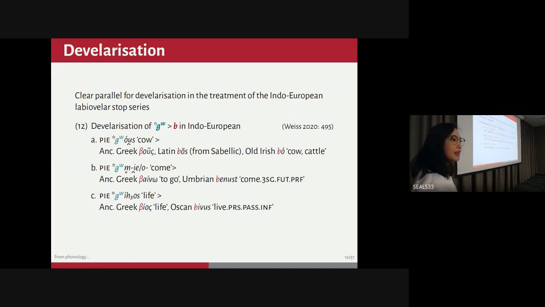So the Proto-Indo-European labiovelar stop series in Gua, we know that in a bunch of Centum languages actually became B. So the past example was gus, meaning cow, ancient Greek bus, Latin bos, in birth and stuff like that, but also in Guemio and in bios, being bios, like biology. So that's a nice parallel of this delabialization. Okay, so that's the phonology side. We can get a B from A.